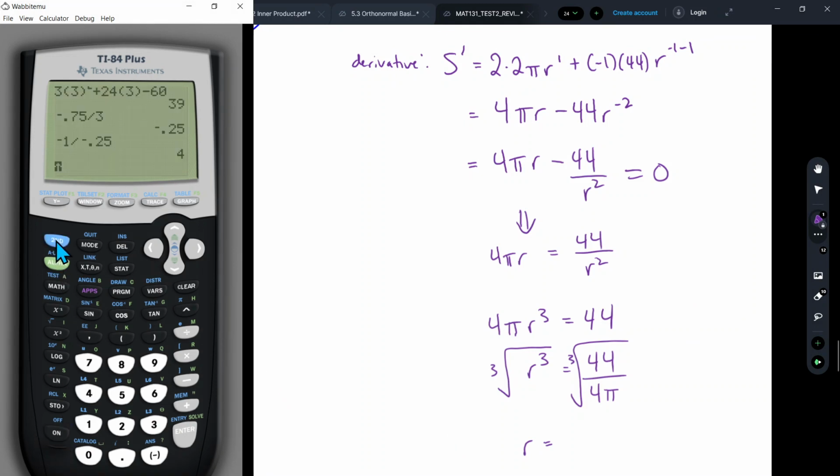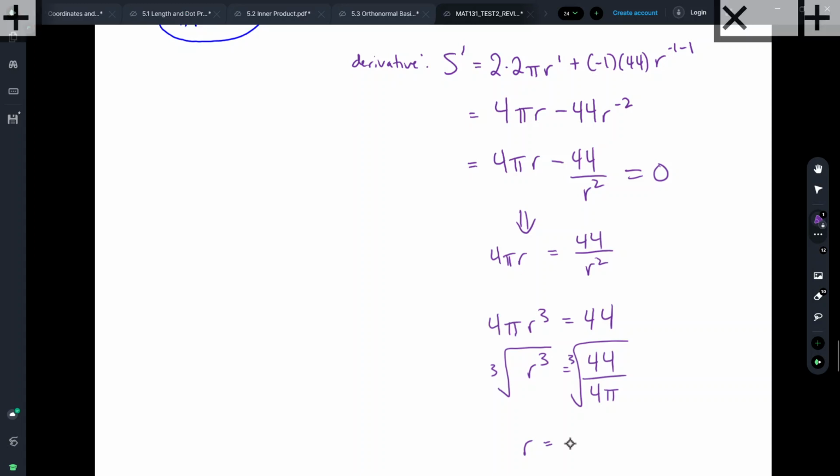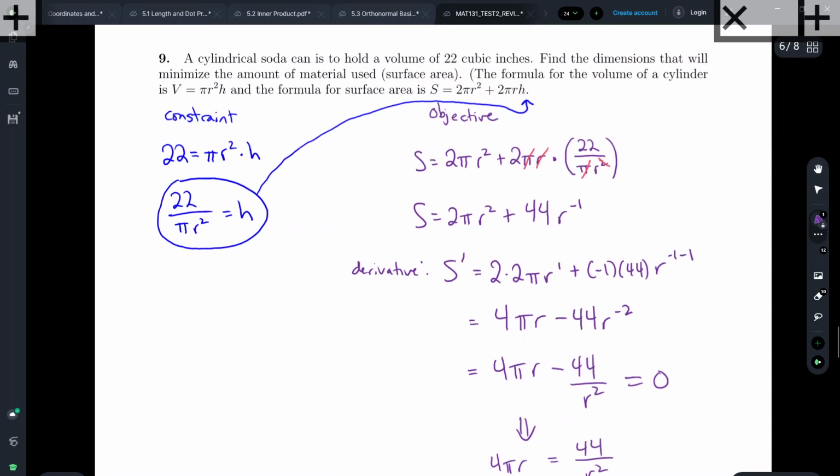So the cube root is located in the math menu. So the cube root operation is this one. So I want to calculate 44 divided by, and I have to be careful here because 4 pi is entirely in the denominator, so I have to put that in parentheses. Okay, so I want to calculate the cube root of this thing, and I get 1.518. Okay, so that's the radius